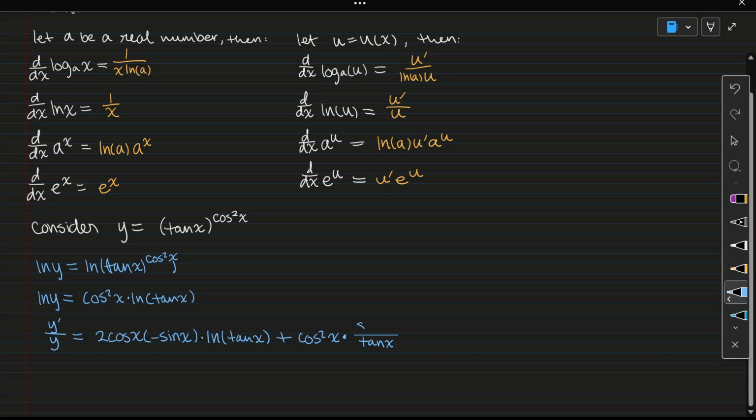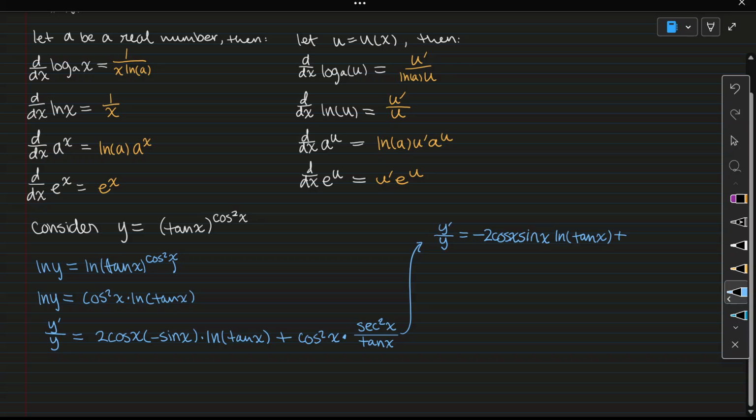So it's going to be secant squared x. Okay, so up here, I have y prime over y is equal to negative 2 cos x sine x ln of tan x plus,